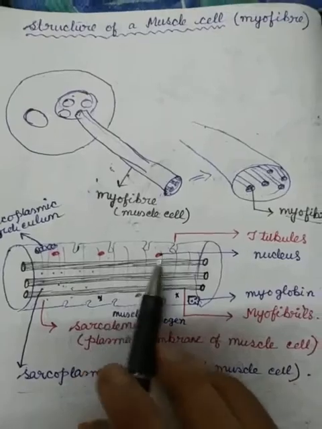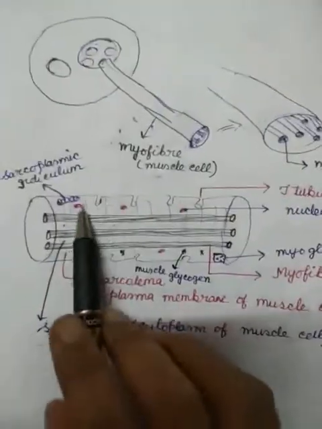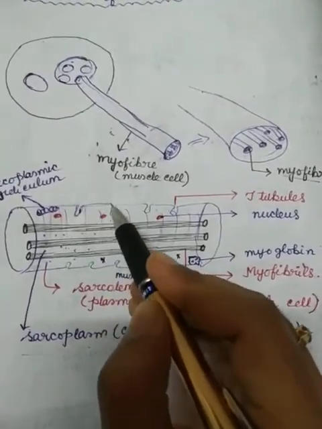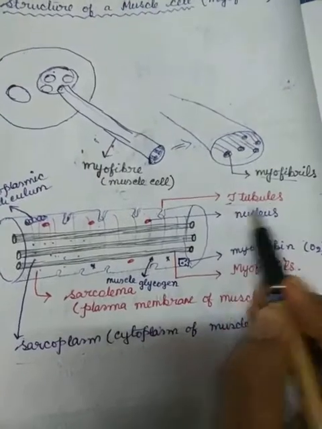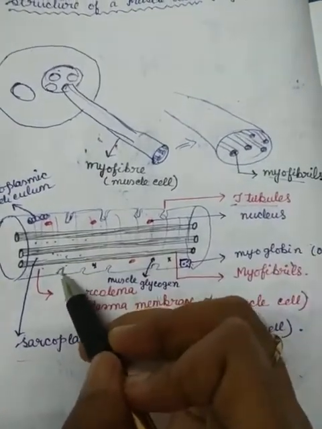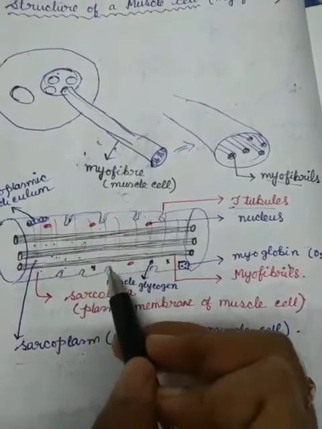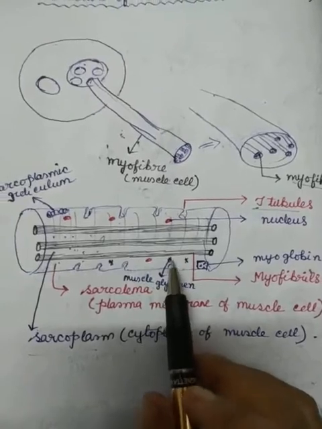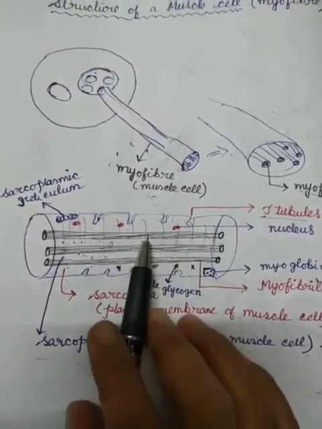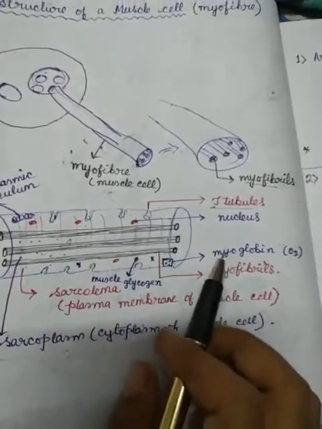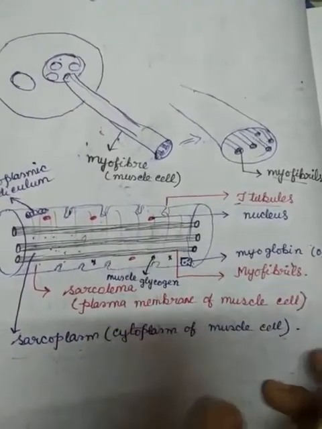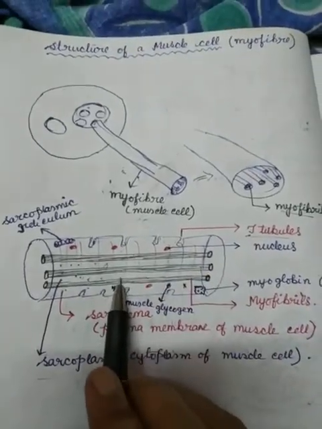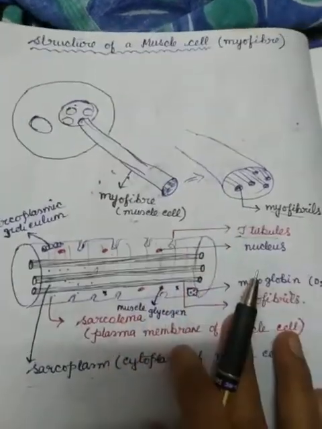Another thing is that the outer surface of the muscle cell is not smooth. Some pits or holes are present. These are called T-tubules. In this way, they are not smooth. Clear? Also, some muscle glycogen is stored within the muscle cells. Myoglobin, which also stores oxygen, is also present. Clear? So this is the entire structure of a muscle cell, which contains the myofibrils.